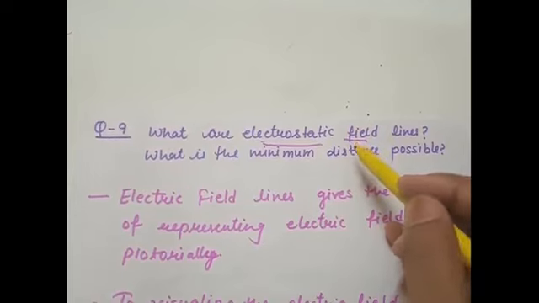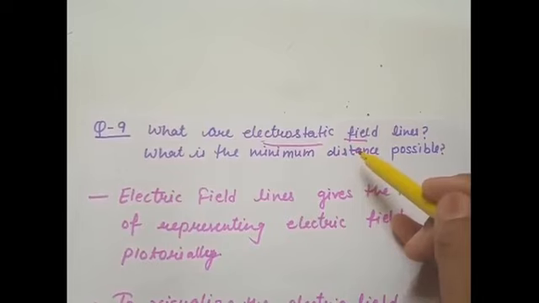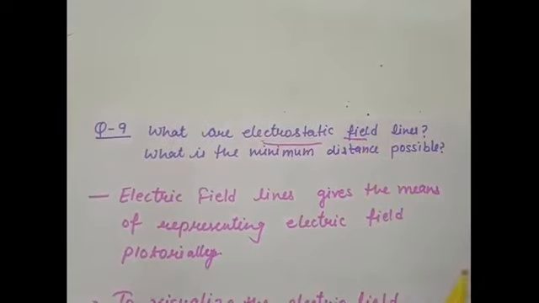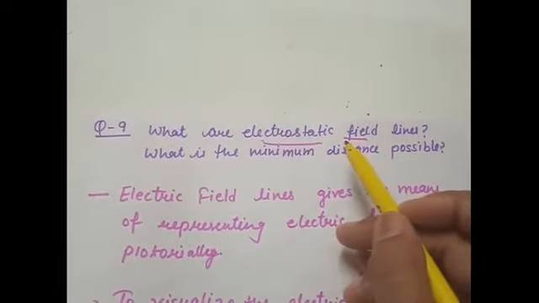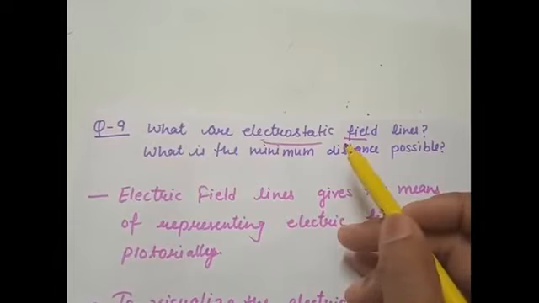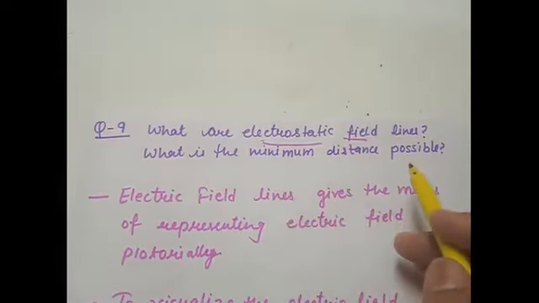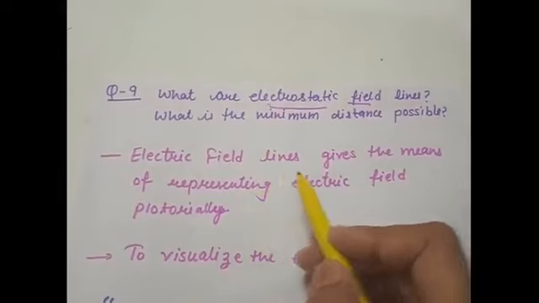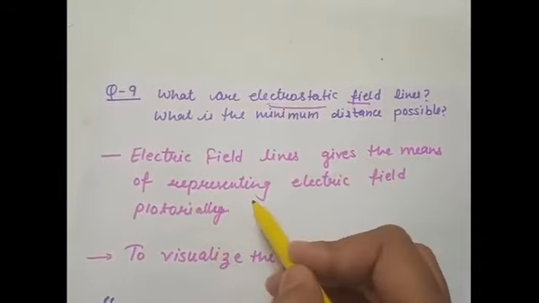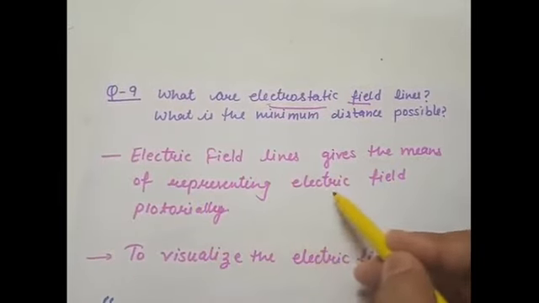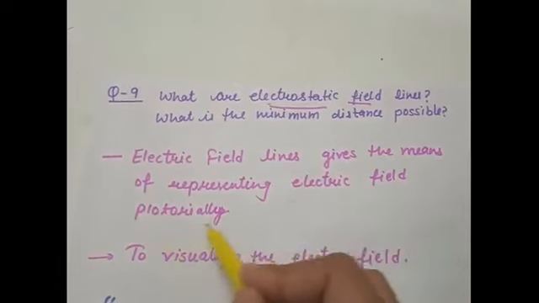or you can say it is the electric field around a charge which causes it to exert force of attraction or repulsion on other charges, and also to respond to the force of attraction or repulsion by the other charges. So electric field lines are the means of representing electric field pictorially.